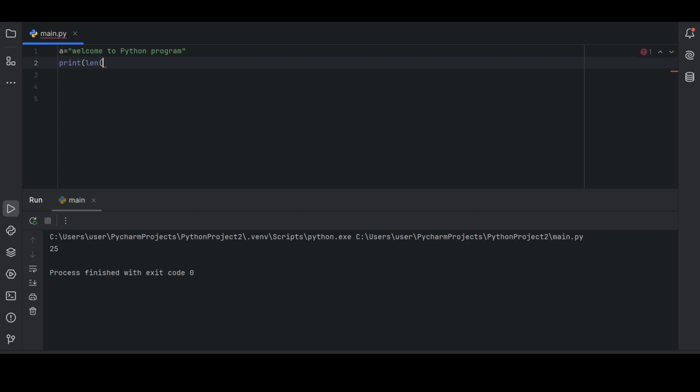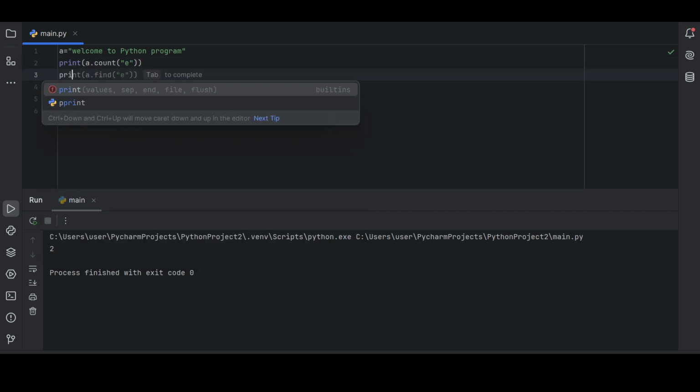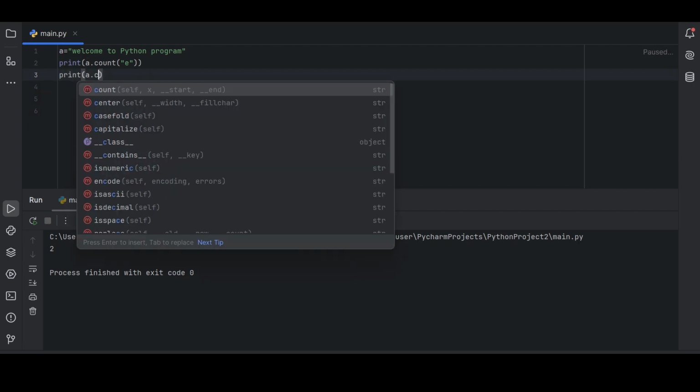So the next example is a dot count e. Print a dot count inside double quotation marks e. How many counts do we have in "welcome to Python program"? So here we have 2. How many e do we have? 1 and 2. So the next example is print a dot count